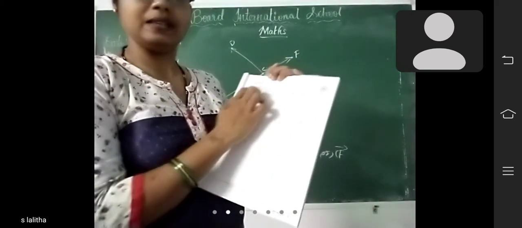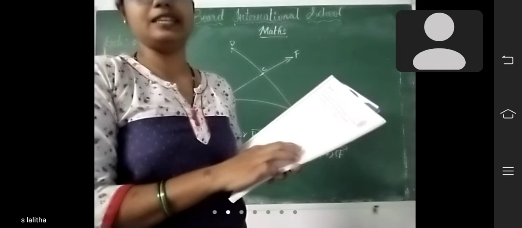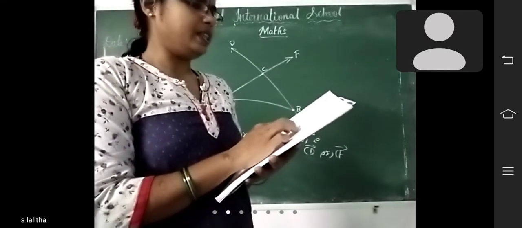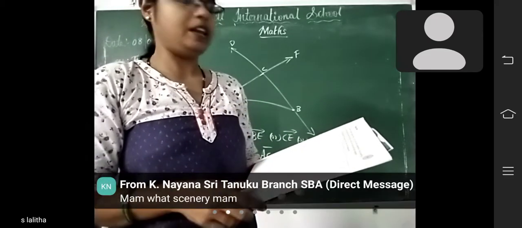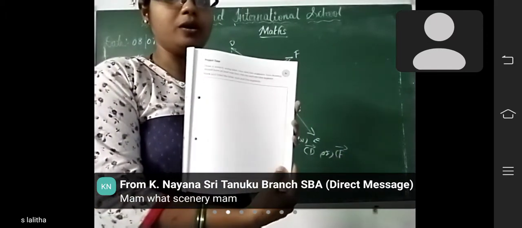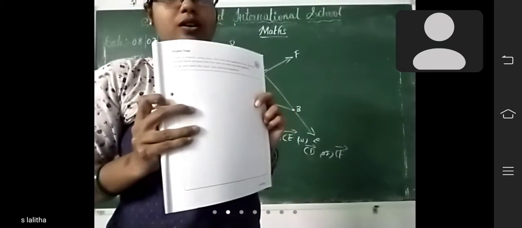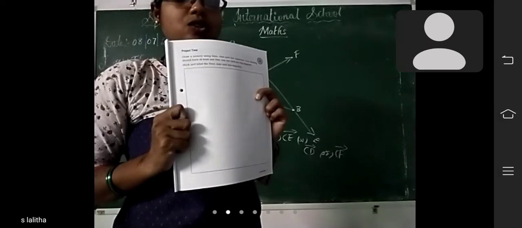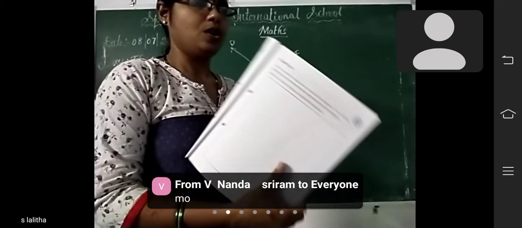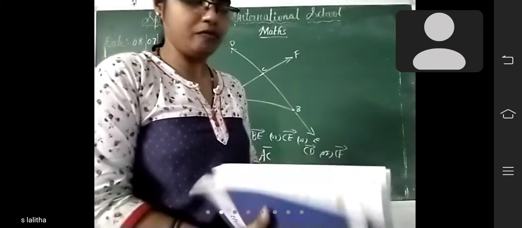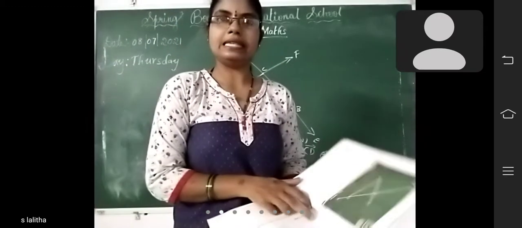Draw a nice scenery and mark the labels of the parts: lines, rays, line segments which are in the scenery. Where the lines are, you should mark them, and also rays and line segments, you can mark and name them. Okay, ma'am? That is the homework for you. This is not today's homework. Tomorrow you have a class, and the day after tomorrow you don't have class. So on Saturday, Sunday you can do this homework. Okay? Tomorrow you will have a slip test on the first chapter. We have completed the first chapter now.